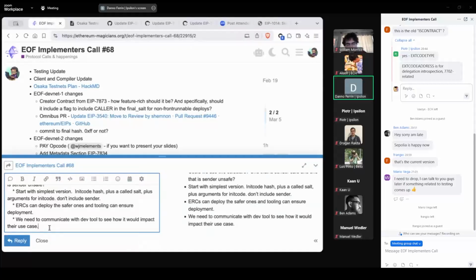Right. The question is, would they want to require people to put it in their Solidity and have that pre-deploy in everyone's contract, or would they want to put code to poke at it inside of their dev tooling or not? That's some of the things we need to ask. And I tried to ping Foundry a few weeks ago, but I just need to ping him again and be more insistent to get an answer.